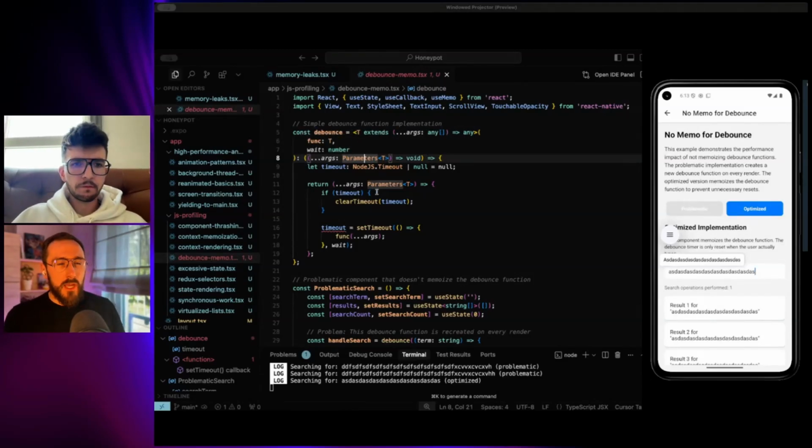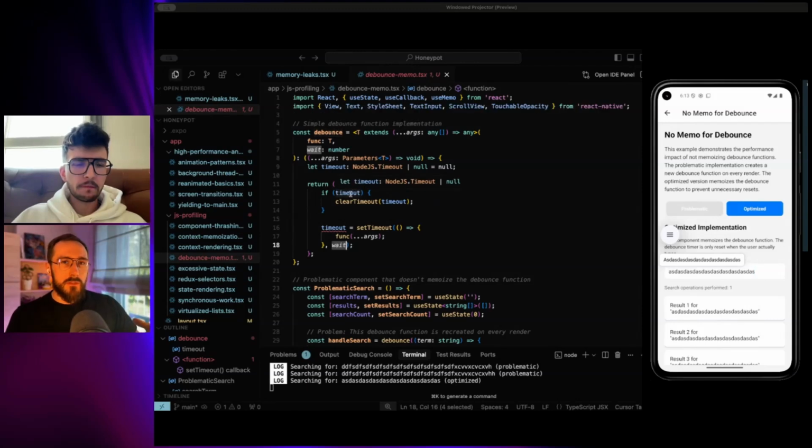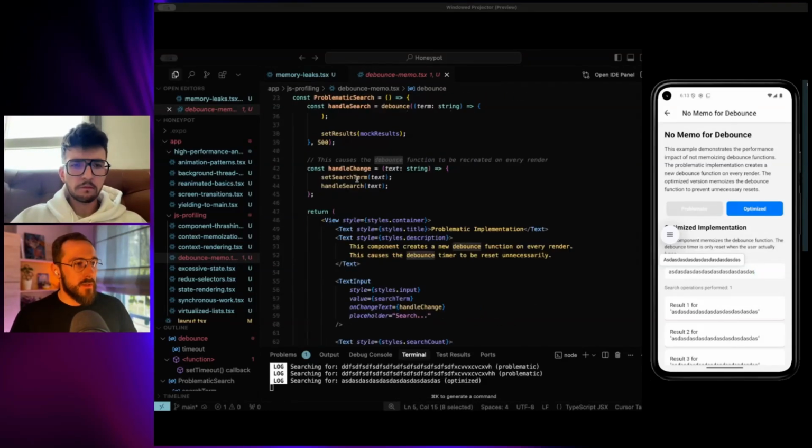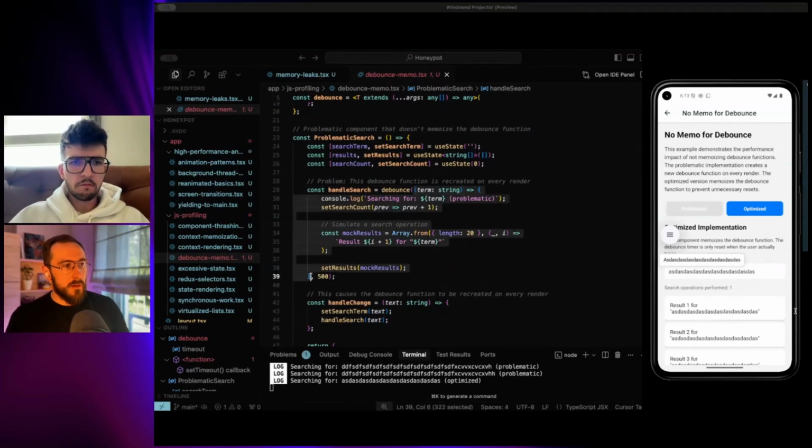You have a timeout with some waiting time, and as long as the debounce function is called, this timeout is reset and starts again. So as long as you are typing, nothing happens. Of course, you need to wrap some function in this debounce. In my case, I have my handleSearch function, which is debounce of this particular implementation,